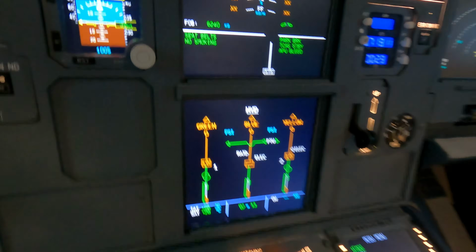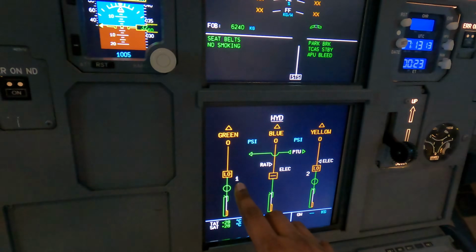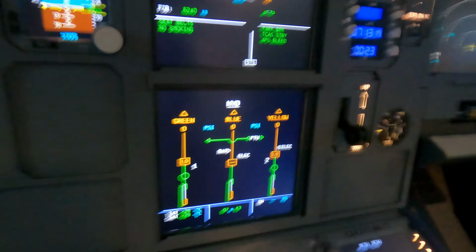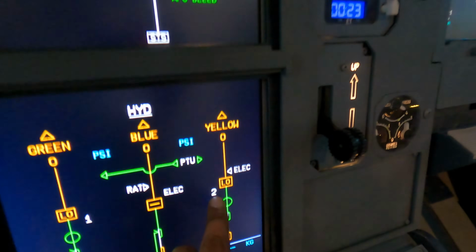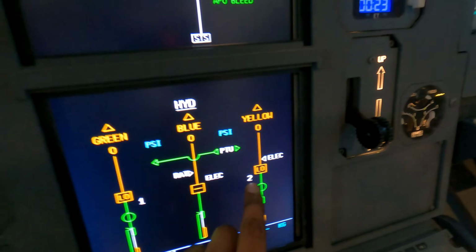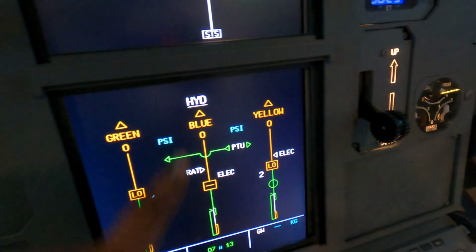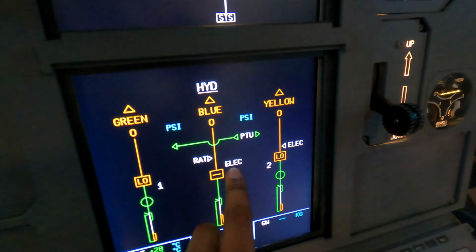All right, so green, as you can see, this number 1 over here, green is powered by engine number 1. The engine on the left hand side powers the green hydraulic unit. The yellow hydraulic unit is controlled by engine number 2, and the blue hydraulic unit is powered by an electrical